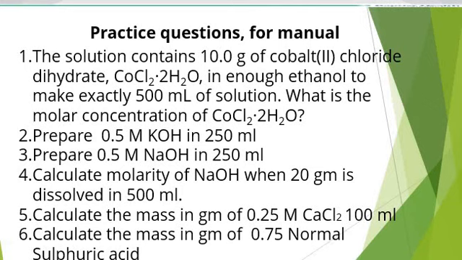After confirmation of the answers, you have to write them down in your manual. Where do you write them? In our manual we have certain blank pages at the back or in between. There, you put a heading of numericals and the concentration type, for example in this case the molarity heading, and write these questions. These are 6 in number. After 1 week I will share the answers, so that each student can cross-check whether they made any mistakes. This is all about the determination of the concentration through the molarity.